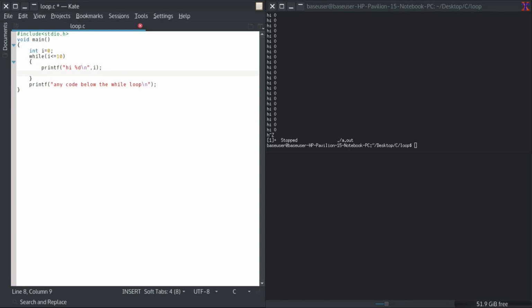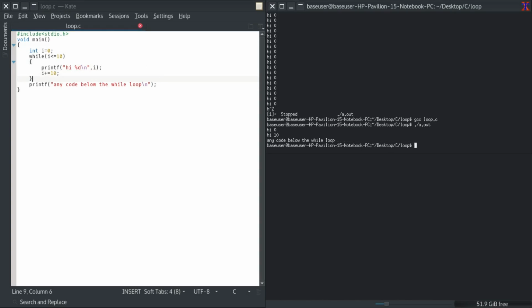So you need something to stop the loop, and in this case we are using I++. We can use I plus equal to 10, and in this case the loop will run only 2 times. I will show you. So what happened over here is, first the value of I was 0, the loop ran, 0 plus 10 became the new value of I, which is equal to 10. I is less than or equal to 10, I is 10, so 10 is equal to 10. This condition is true again.